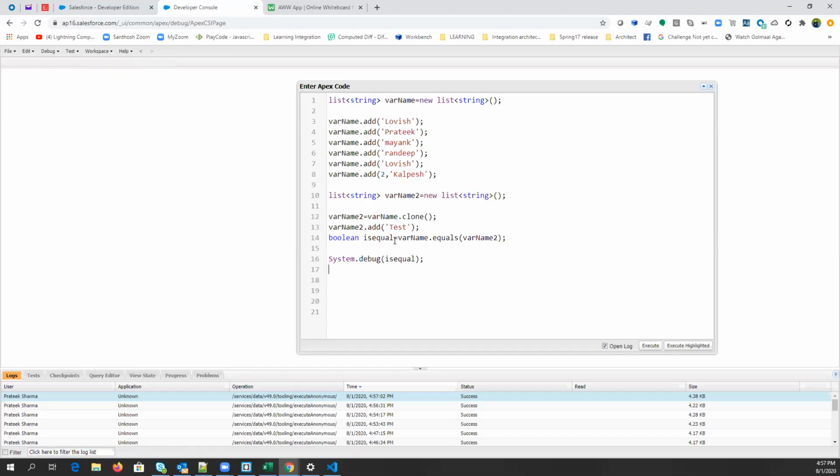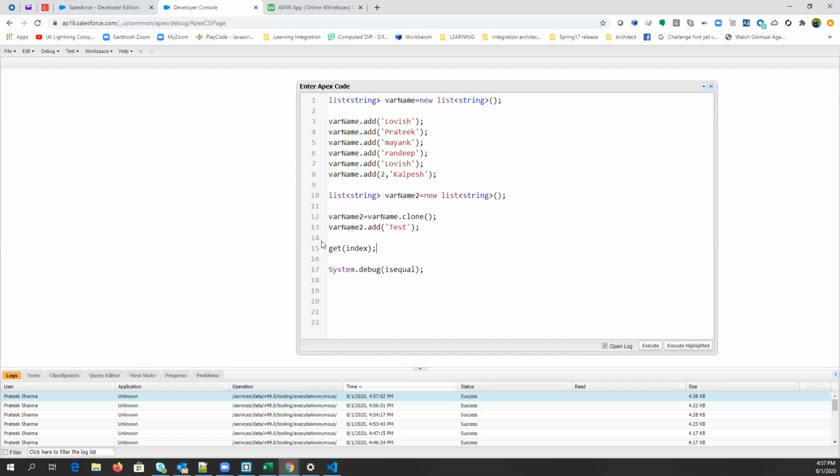Now the next one. Some of you were asking about the index, like if we don't know the element, then how will we print the value. For that, we have a method called get index. You can simply pass the index and it will print the value.